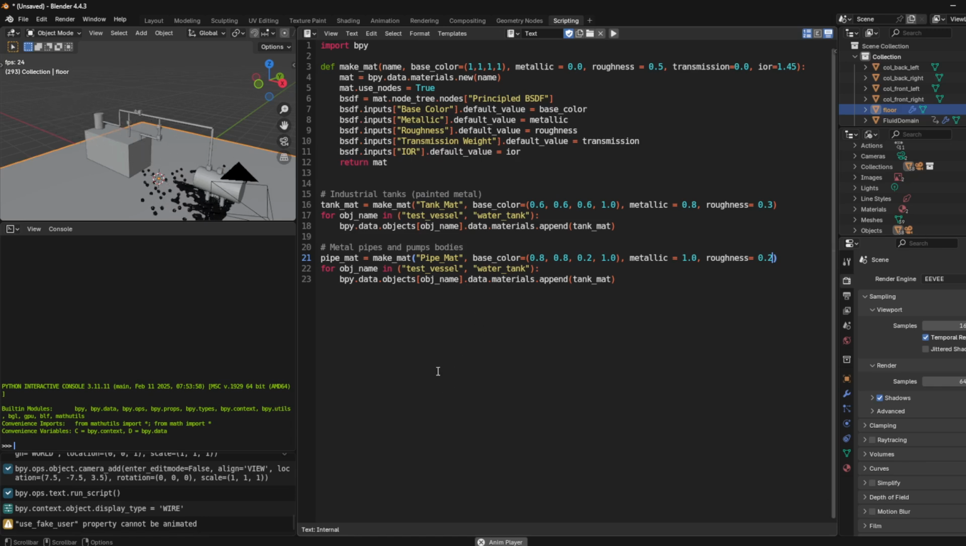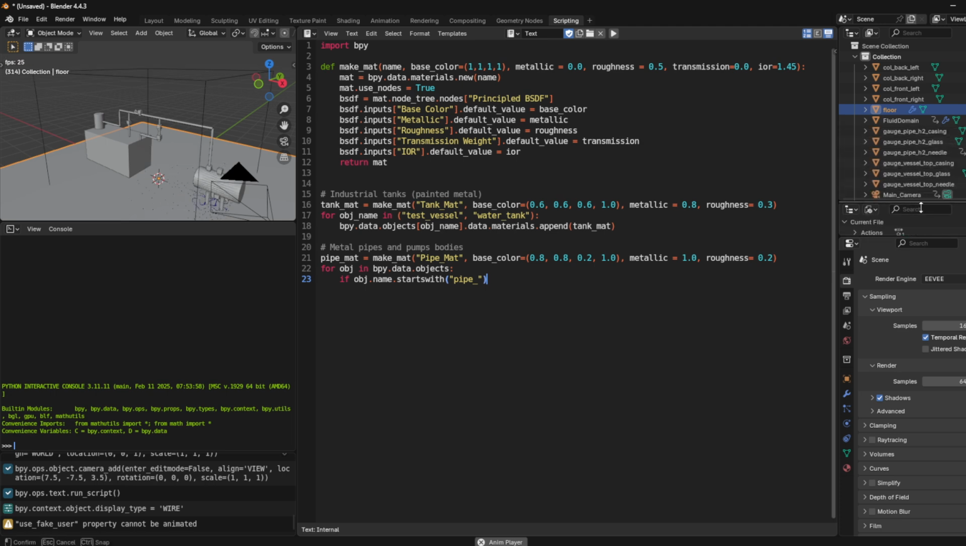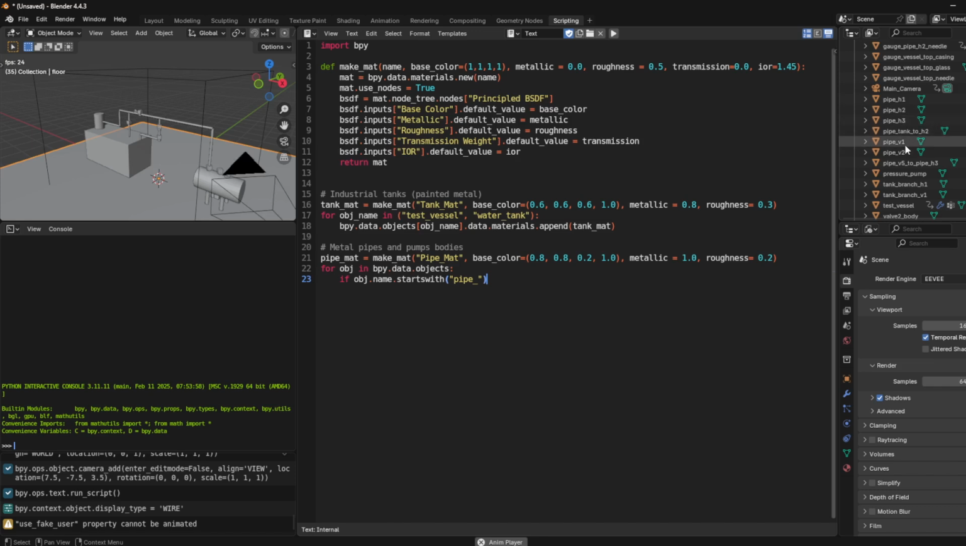Alright, so for here, we're going to do for obj, we'll delete and say bpy.data.objects, and we're just going to do if obj.name starts with pipe, pipe underscore, because if you look over here, pipe H2, H3, pipe tank, pipe B, the off pipe, and then